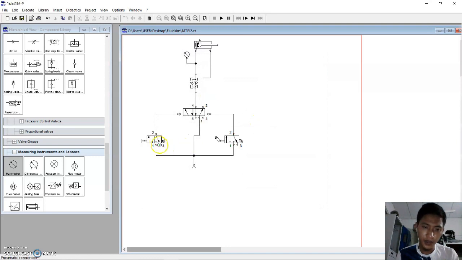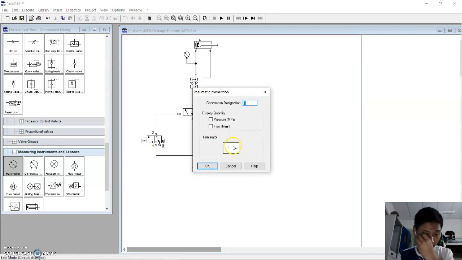and all the pins that will not connect with each other, we must put in the properties, at the terminator. We put the terminator list at number 4.